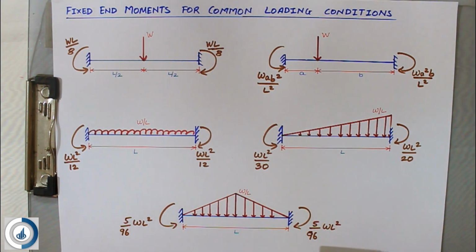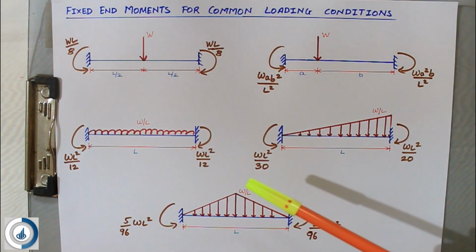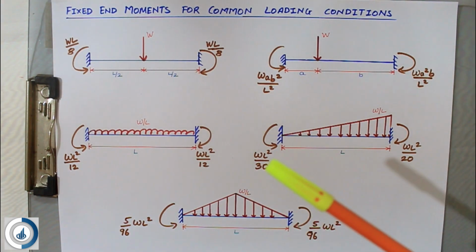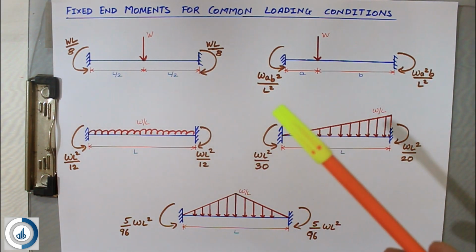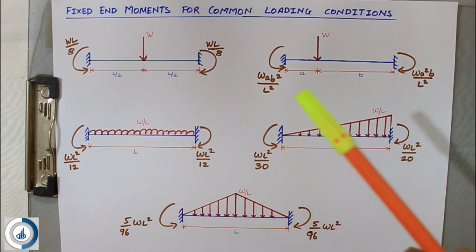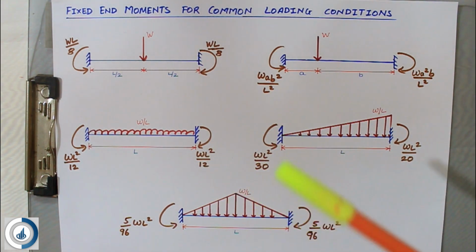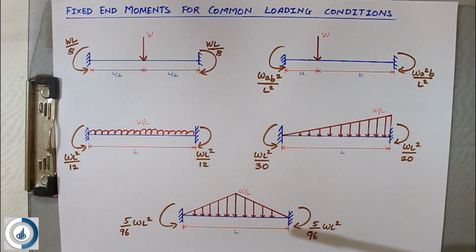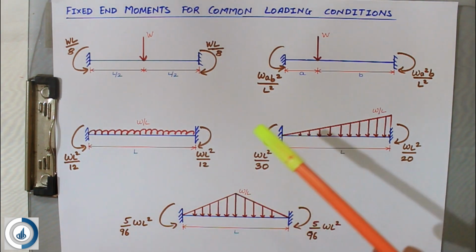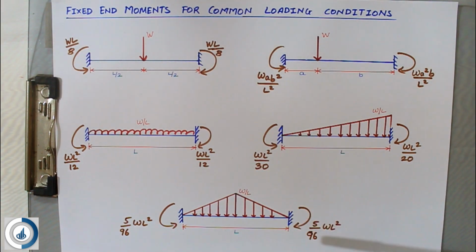So this will become very handy when you are going to solve the problems on slope deflection method or moment distribution method or Kani's method, because this is the first step. You have to calculate it in all the 3 methods and then you can proceed for the further calculation. So I request everyone who is following this lecture series to make sure that you are well versed with these fixed end moments for common loading conditions, as it will become very easy to solve the problems on this analysis of indeterminate structures. So I hope this particular lecture is clear,